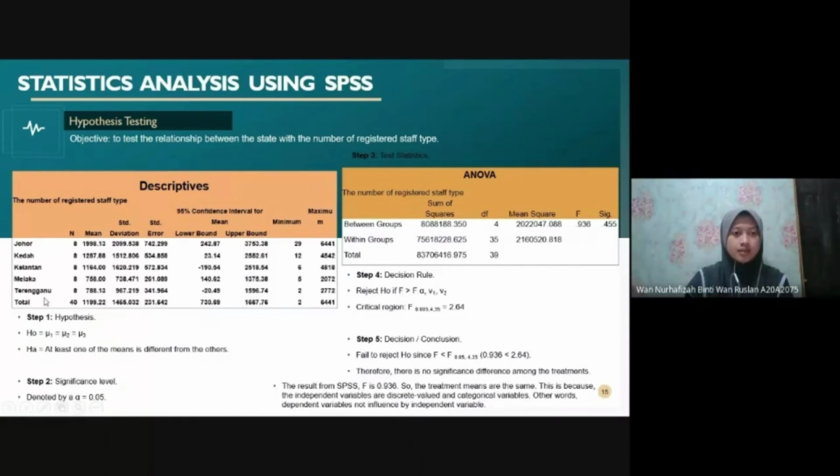We use this table. For step 1, hypothesis: H0: mu1 equals mu2 equals mu3. HA: at least one of the means is different from the others. For step 2, significance level, denoted by alpha, equals 0.05. For step 3, test statistic, we use the ANOVA table, the number of registered staff type, between group and within group. And we got total